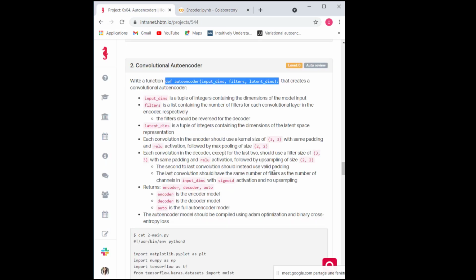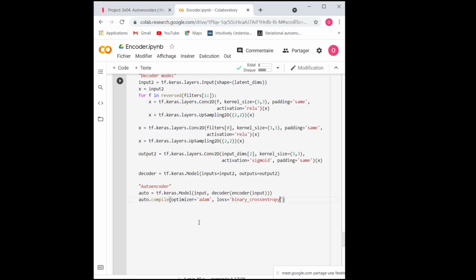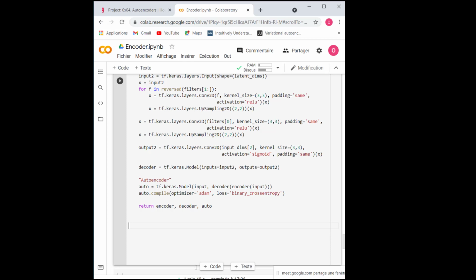Hope that I didn't write it wrong. Okay, and then I will return the three models: my encoder, my decoder, and my autoencoder. So I hope I didn't do something wrong.